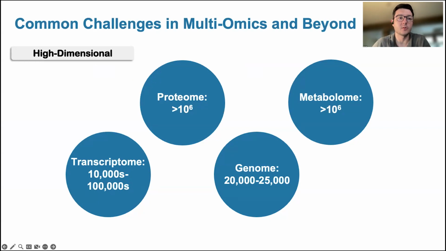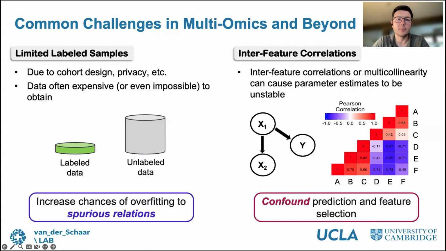I think the first thing I want to just highlight is the dimensionality of omics data sets and different omics layers, especially compared to a lot of other data modalities more frequently seen both in medicine, but also in other AI applications. These can range from tens of thousands of different variables to hundreds of thousands and even millions. Another couple of challenges that are particularly common in multi-omics data sets, where computational methods can really